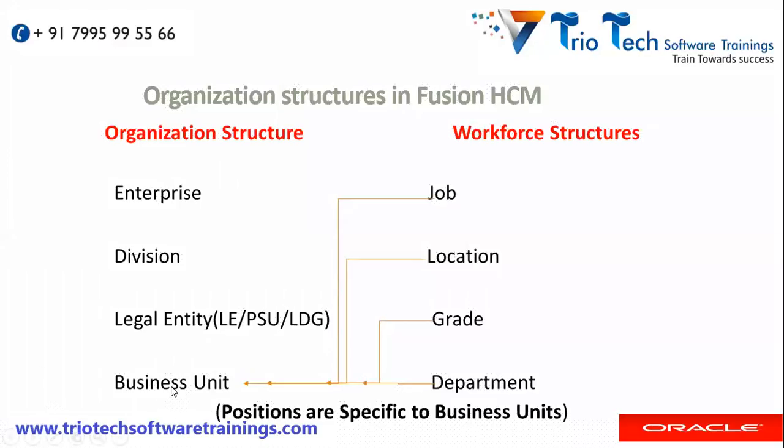So we can say business units are the logical entities of the legal entity. But enterprise, we can say it's a top level assumed entity. That is not a company actually, but it's a mother holding group of that client, right? The actual companies are what? Legal entities. So this is the organization structure in the Fusion application. So we'll talk about these workforce structures at a later part. Right now, we will see the organization structure.